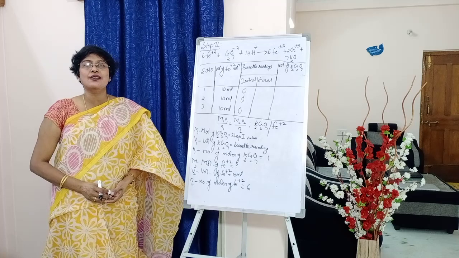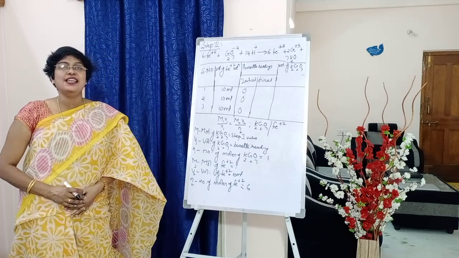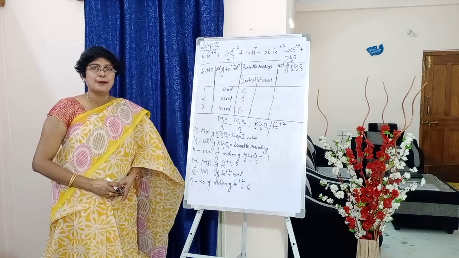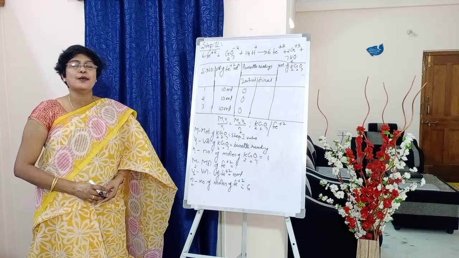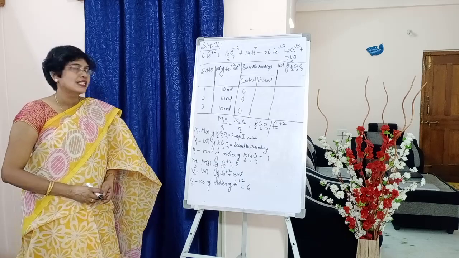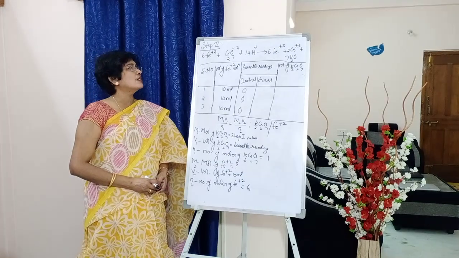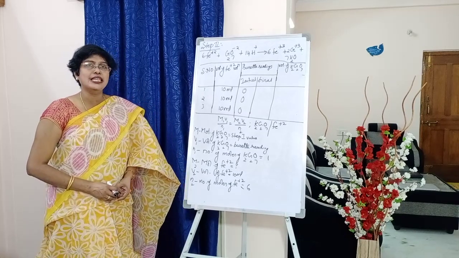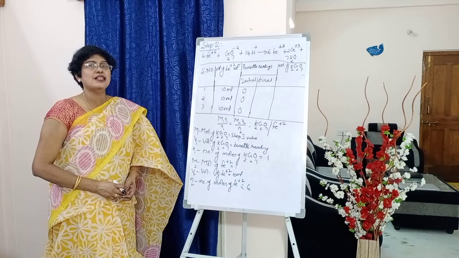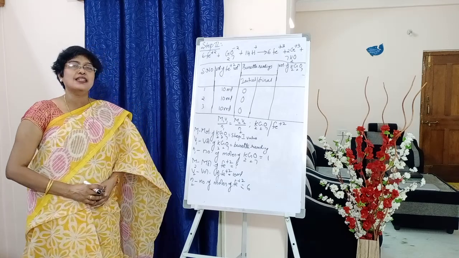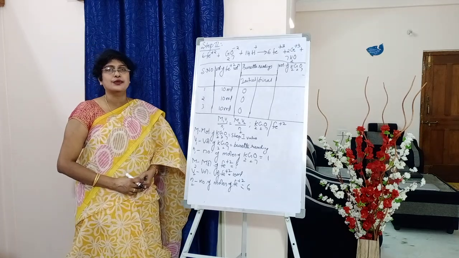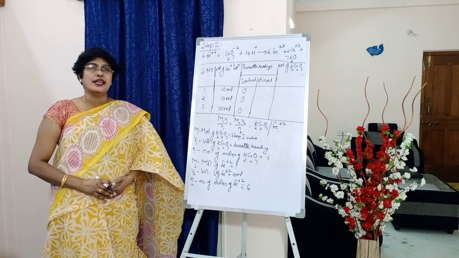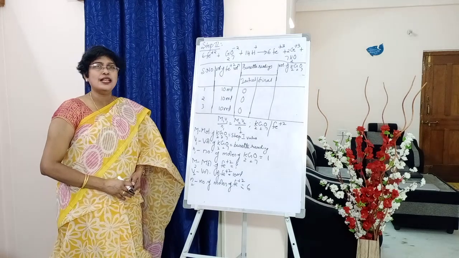So next is step 2, students. Do you remember how to do this step 2? We have to write the reaction which we have written under the principle. The same reaction you will copy here, students. 6Fe+2 + Cr2O7 2- + 14H+ gives 6Fe+3 + 2Cr+3 + 7H2O. Completed the reaction?